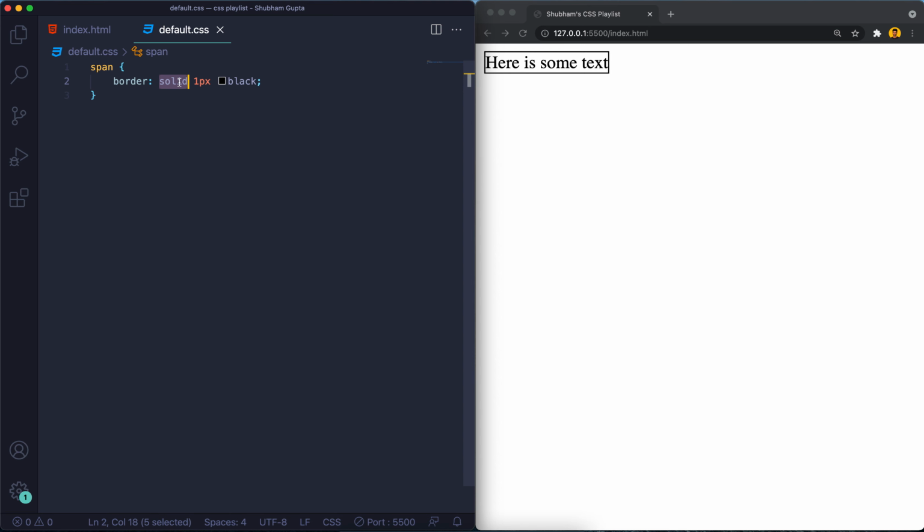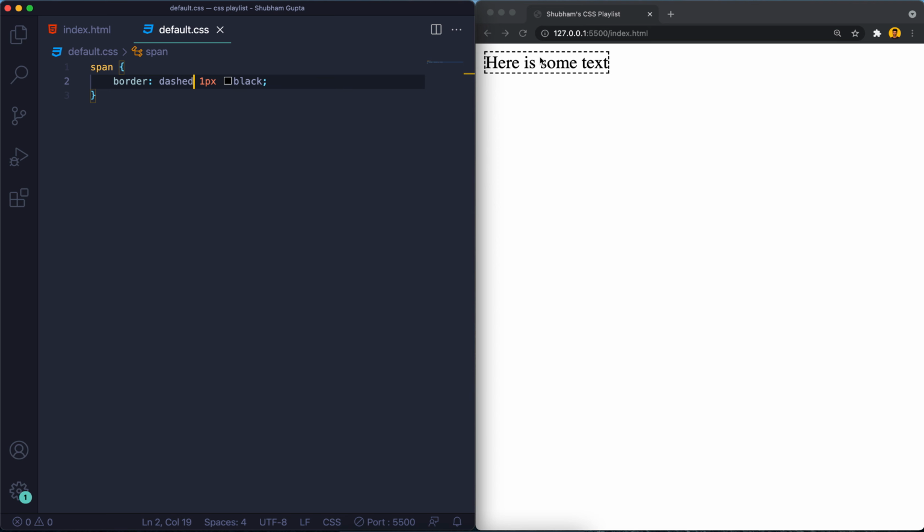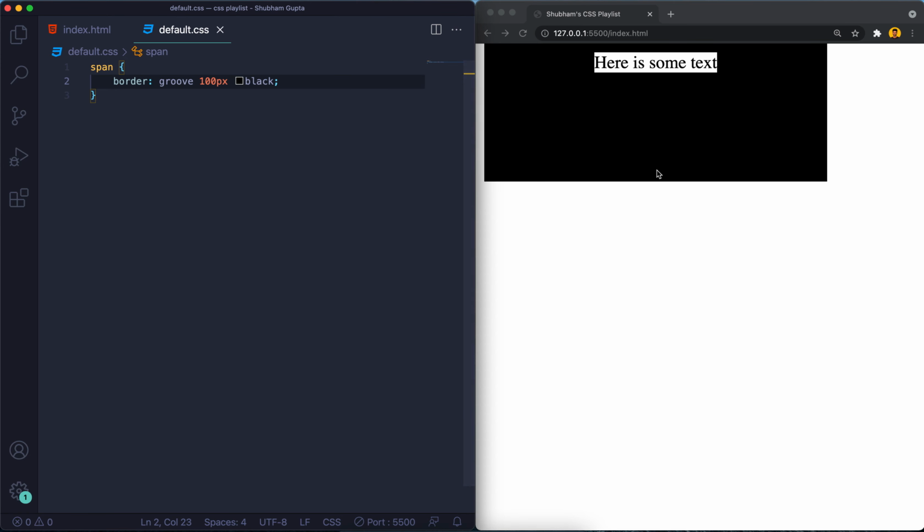So there are some types of border, like double, right? Here we have the double border, and if we give the thickness, then we'll get to know that there is a double border. If not, there is not much space to be visible. We can have dashed, so this way you can see, and we also have dotted. Okay, so this way we have groove. So this one is grooved. You cannot see this if I do it like this, and let's suppose 100. So this way we have the grooved one.